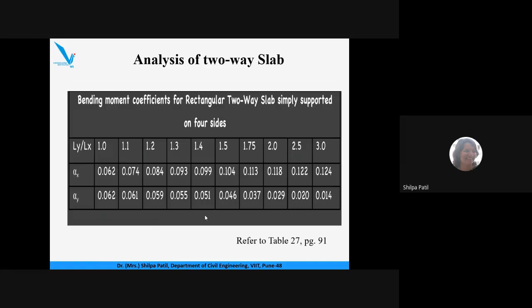Now, obviously, when we deal with the design of the slabs, we have to definitely consider the bending moments developed across the slabs. Now, considering these two cases of the two-way slabs, that is the first case when the corners are free to lift, and second is when the corners are not free to lift, the bending moment developed in the slab will have different magnitudes.